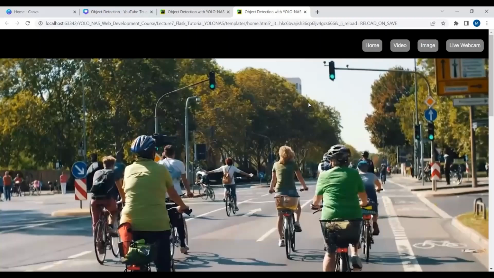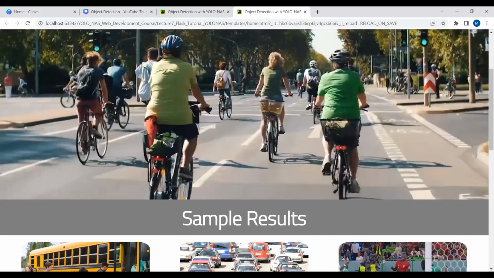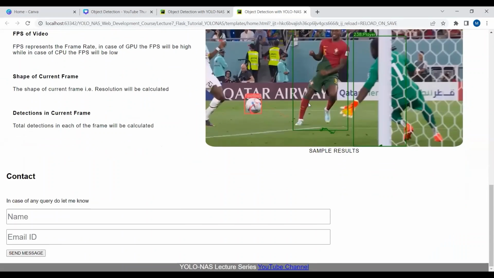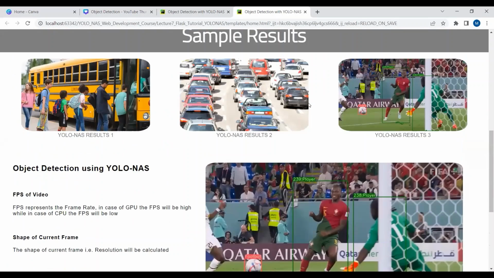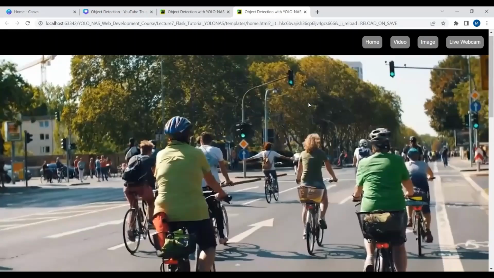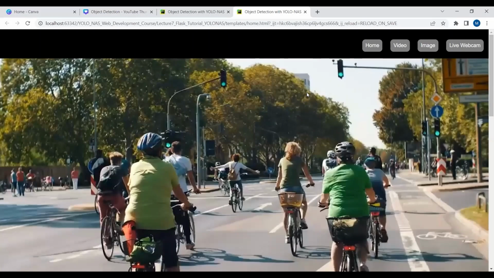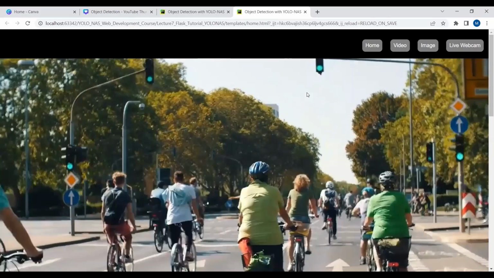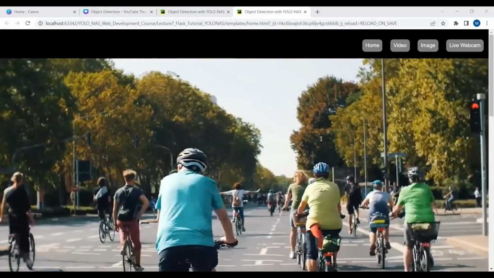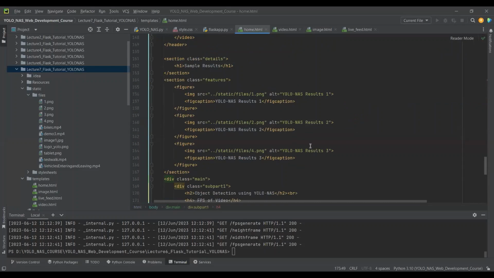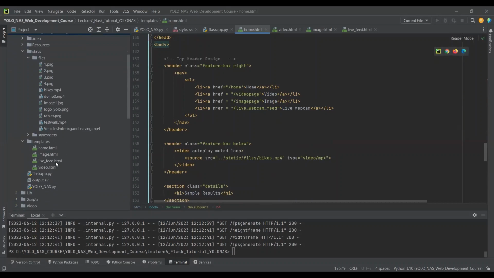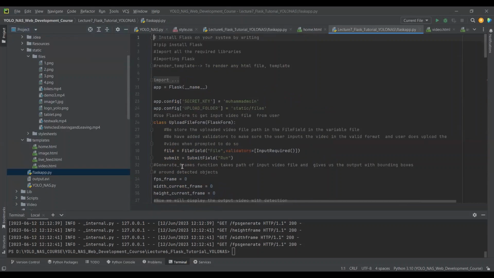So now you can see that this is our home page and this is how it looks. We have designed this complete page. I've just followed the same format in the HTML, which I've already explained while designing the other HTML pages. So that's how it looks. And here you can see that if you go to the flask app.py file,